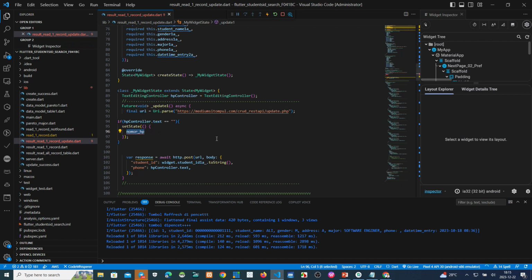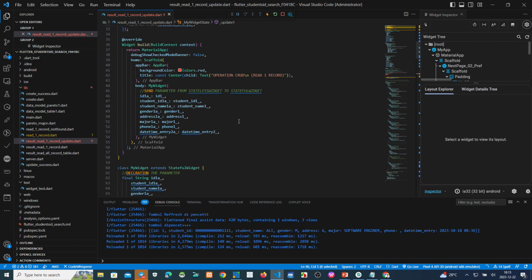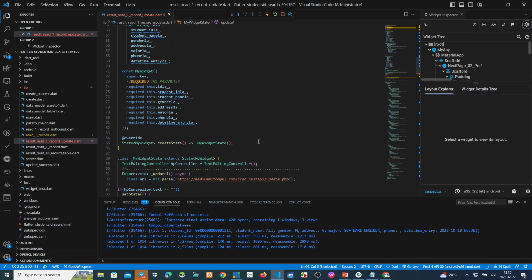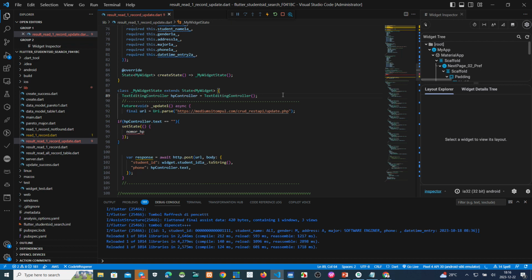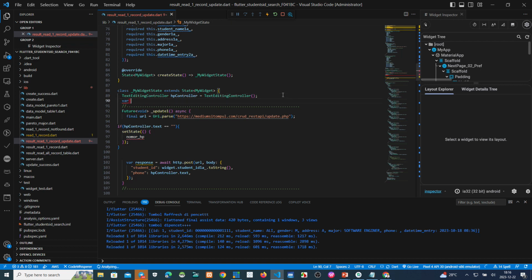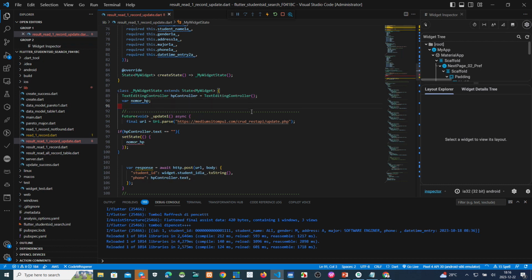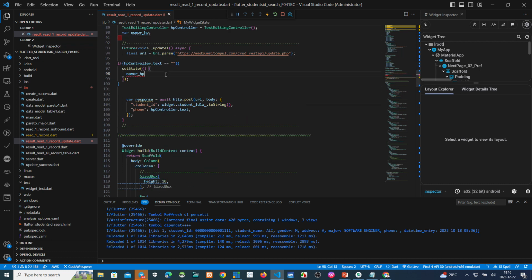We must declare it first. Where is it? Okay, this one. Variable new HP. This one, new HP becomes widget phone number 1. Where is it? Phone number. Okay, this one.